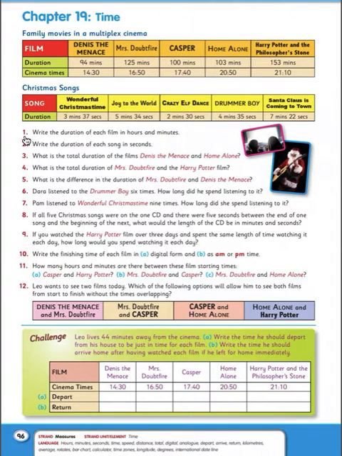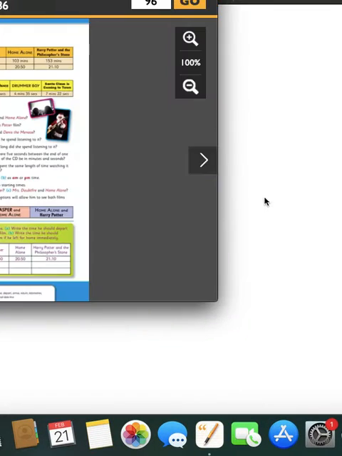So for number one, you have to write the duration of each film in hours and minutes. As you can see, they've all been written in just minutes. So to change from just minutes, just to refresh your memory, to hours and minutes, if for instance I had 75 minutes,